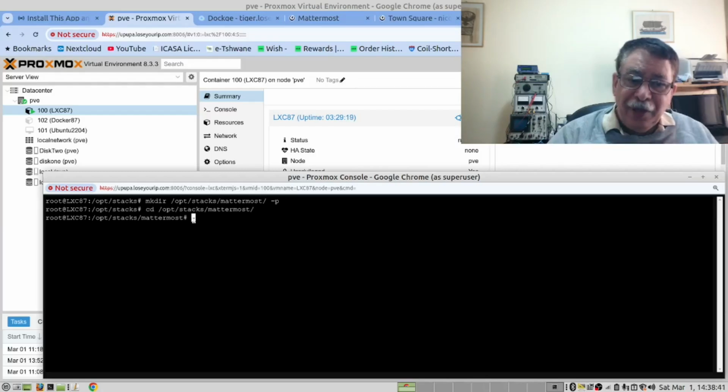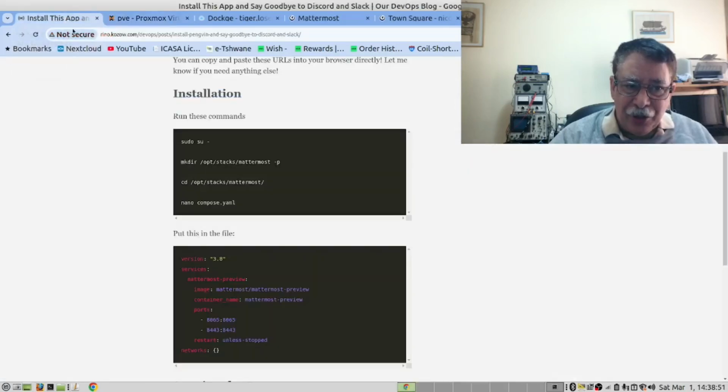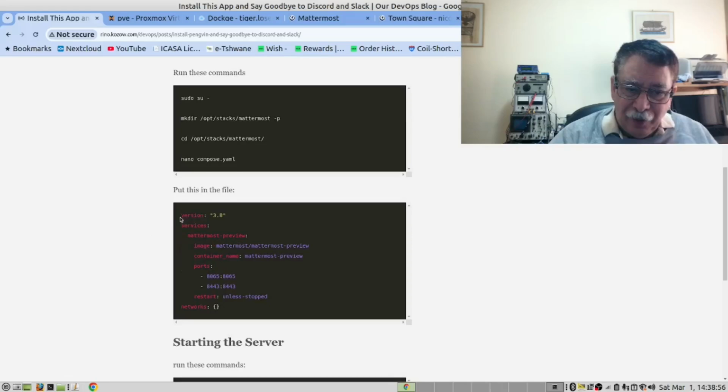We will now create a Docker Compose file. The information you need is in our instructions. So if you open our instructions and you look under the installation, you will find this YAML here, which you will put into the Compose file. Let's copy it.